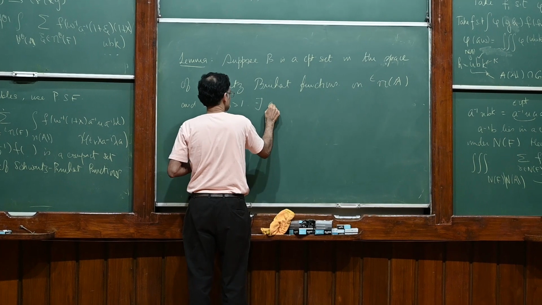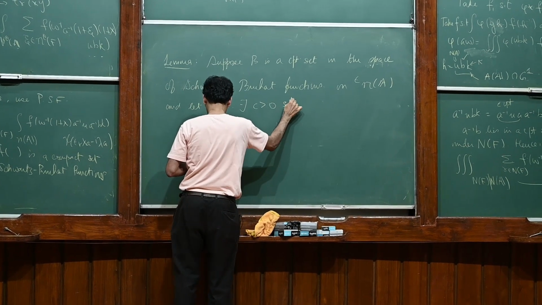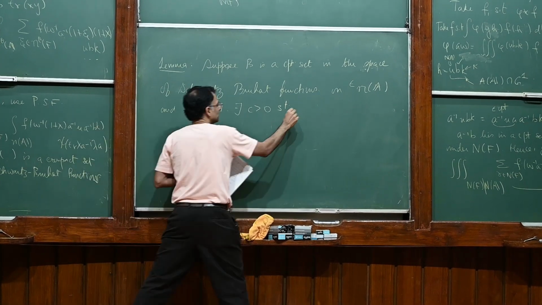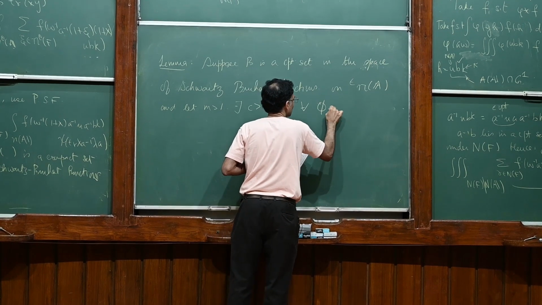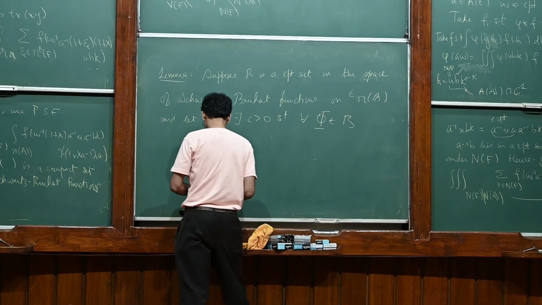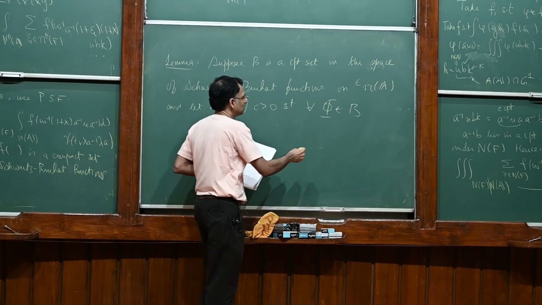There exists C greater than 0 such that for all phi in B and A in AT,